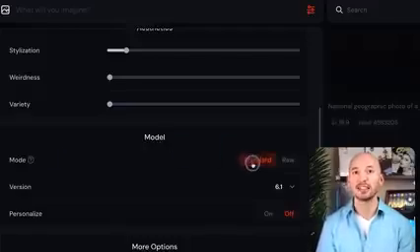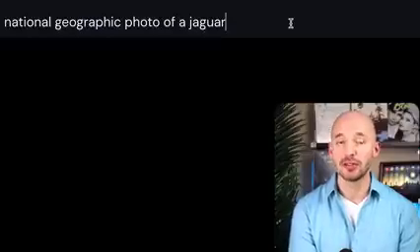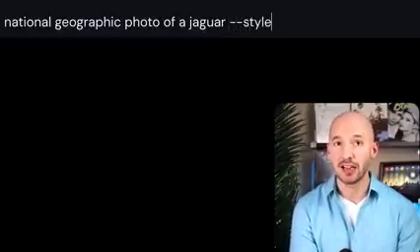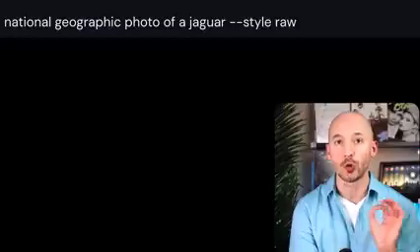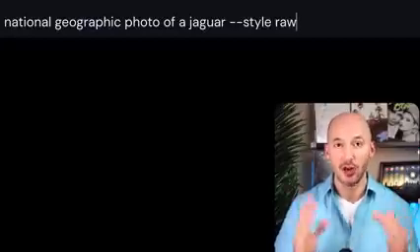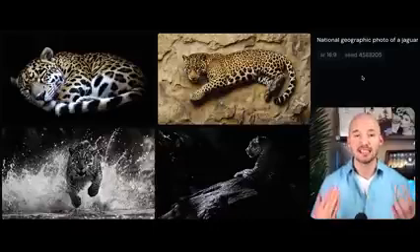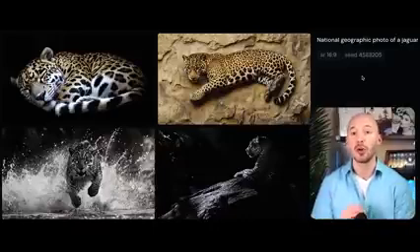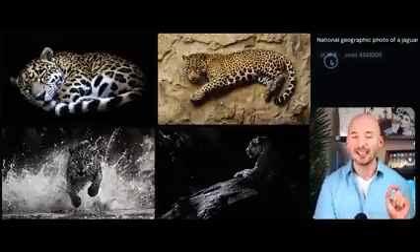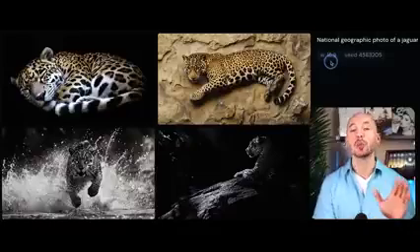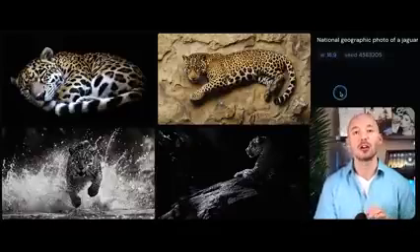We have mode, standard, and raw. Alternatively, you could type --style at the end of your prompt and then the word raw. This is going to invoke Style Raw for your generation. And we'll take a look at this example, a National Geographic photo of a jaguar. We're using a wide 16:9 aspect ratio, and when you run this with the regular MidJourney algorithm, this is what